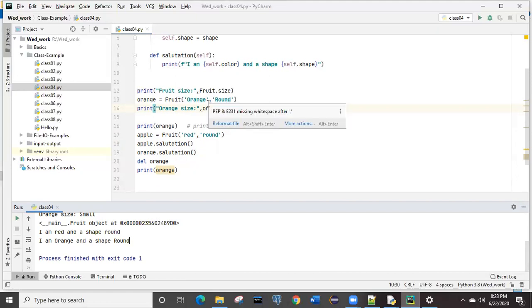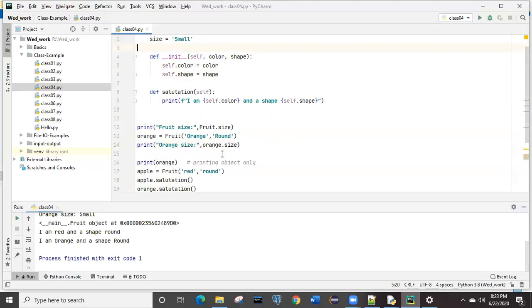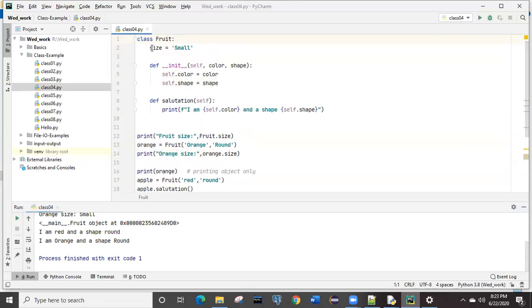So this is one example, and this example was simply to demonstrate how a particular piece of data will be called, whether it can be called through the class name itself or through the object itself. There are two possibilities, right? Through the class it can be called, and through the object it can also be called. So that's what we saw in our previous example.